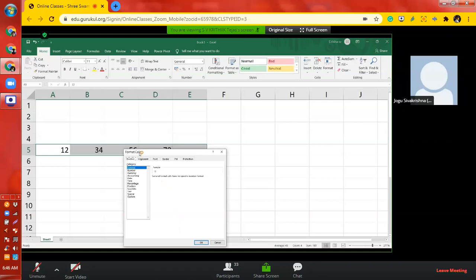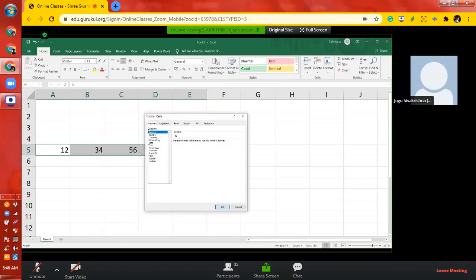You can select alignment there. Here you have three types of options: text alignment, text control, and right to left. And orientation is also there to the right side of your screen.